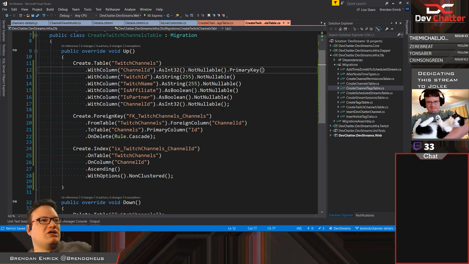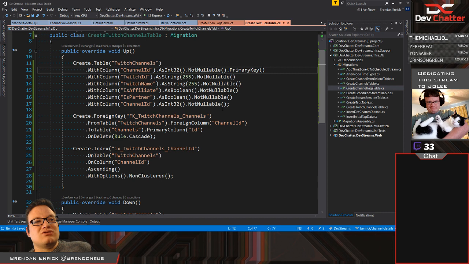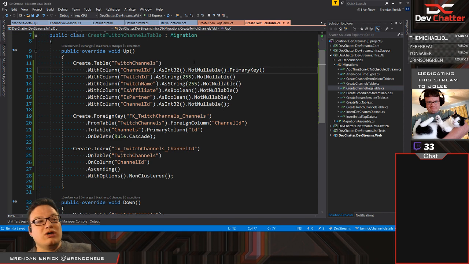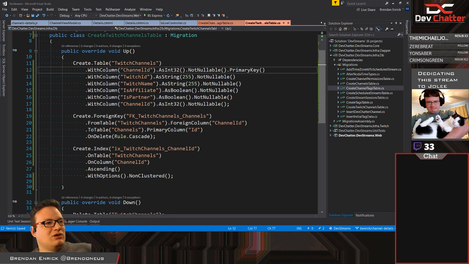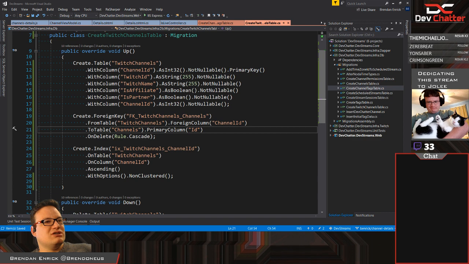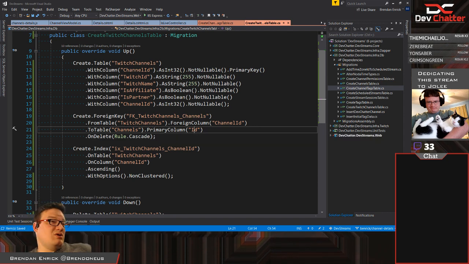But it won't be called ID, it'll be called channel ID, which should indicate to basically me and anyone else that sees it that the channel ID is the primary key, not that it is an ID of itself here. So when a table has its own ID that is just its ID, we always call it ID. So we're then saying that it is, in addition to being the primary key, it has a foreign key relation to the ID column of the channels table. I think this is what we want.